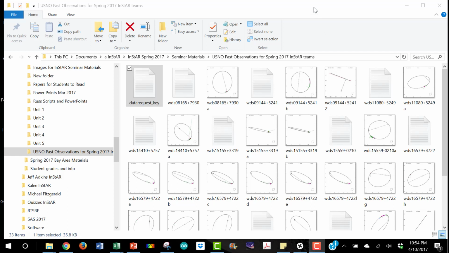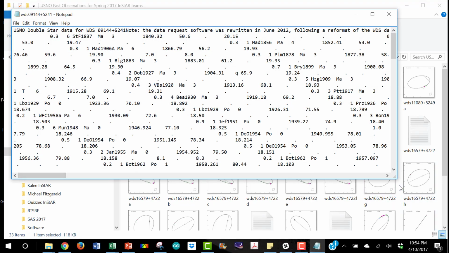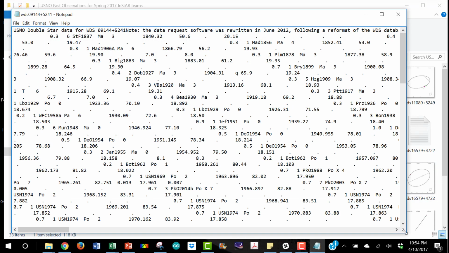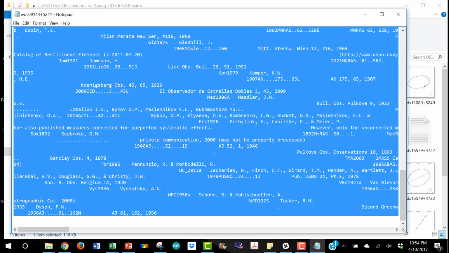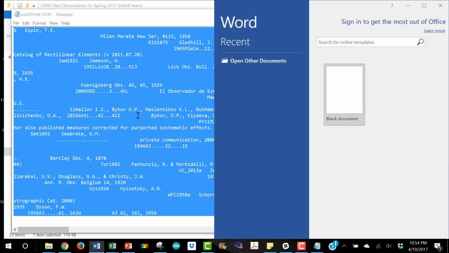Once you've gotten all the past observations from the U.S. Naval Observatory, what you're going to want to do is find your text file for your particular double star pair. Open that up. It's a whole bunch of data. Select all of it, Control A, copy the whole thing, Control C, open up a Word document,